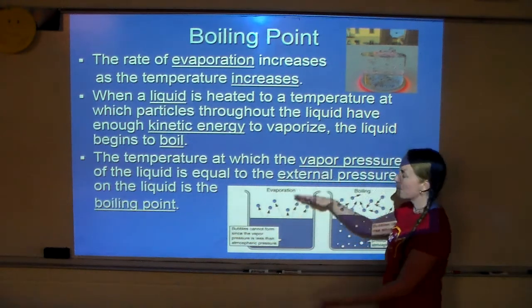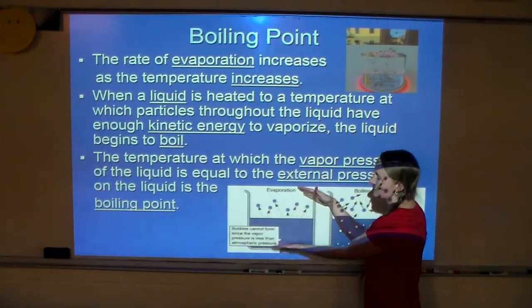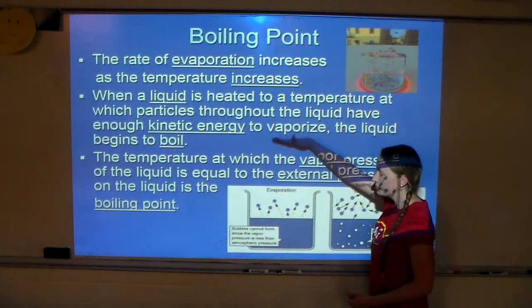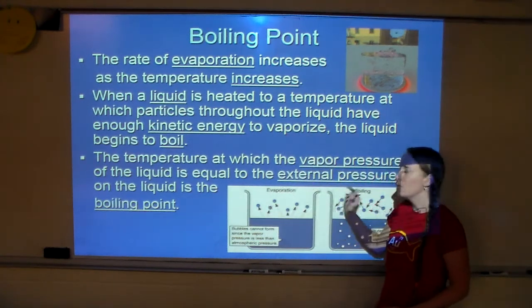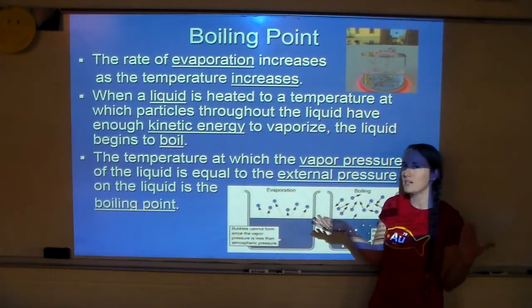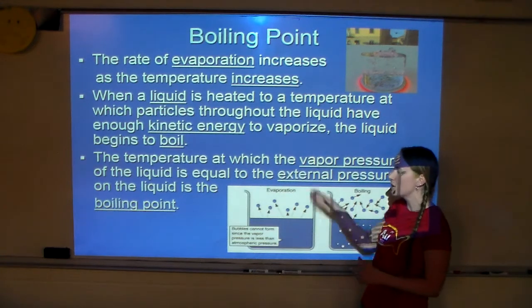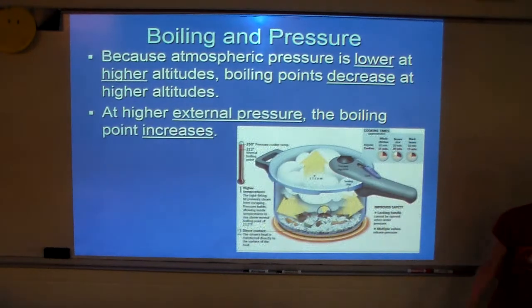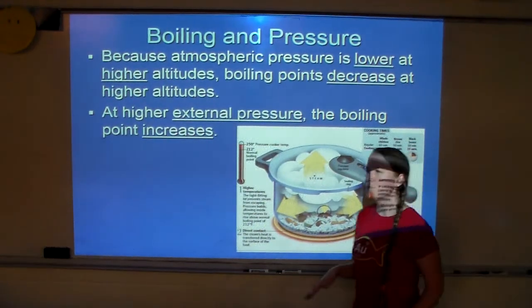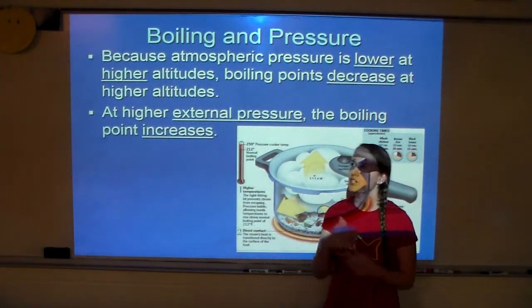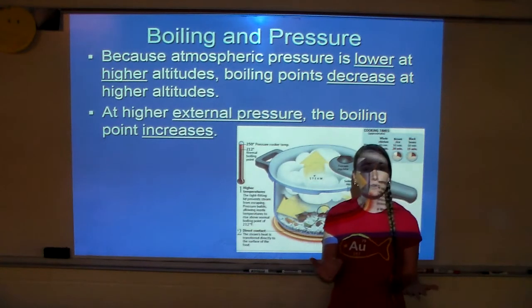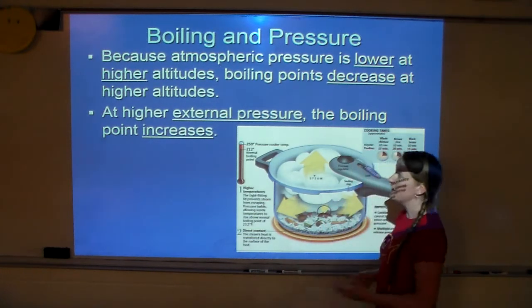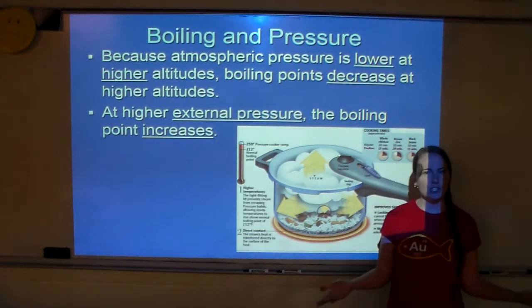Alright, so remember, it's when vapor pressure, the pressure of the liquid coming out to become a gas, equals the air pressure pressing down on it. We say external pressure because, of course, it could be in a vacuum or something like that, so we don't always know what that external pressure is going to be. So, if boiling point is based on external pressure, if we change external pressure, could we change boiling point? The answer is yes, we can.